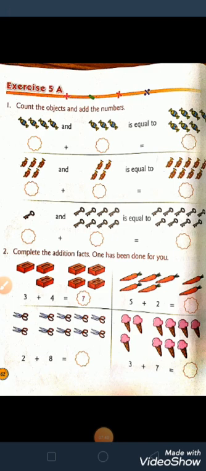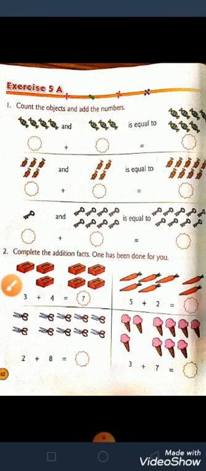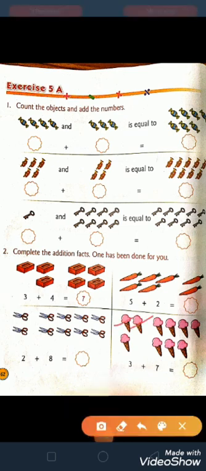Here, we all like this thing children. What is this? This is ice cream, our favorite ice cream, cone ice cream. So now we have to count it. We can't eat them because these are only pictures. So let us count, children. 1 2 3 4 5 6 7 8 9 10. Total 10 ice creams are there.